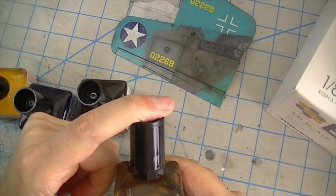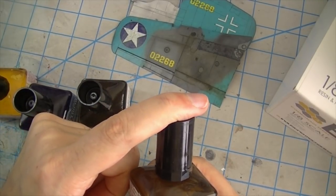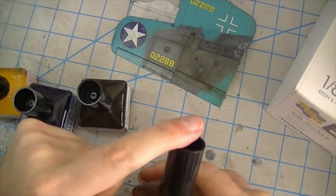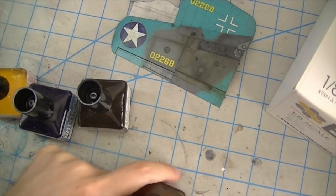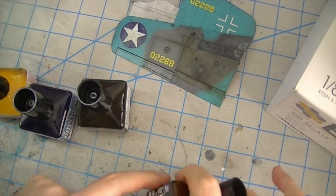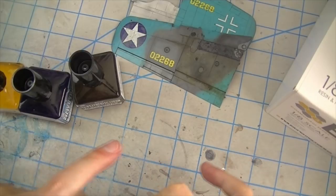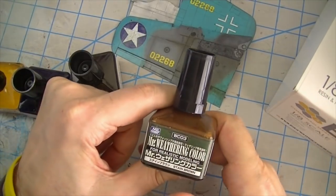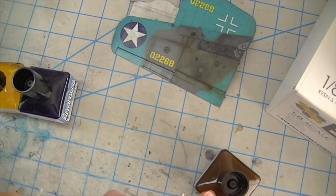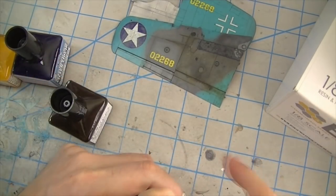And let's see. Pretty sure that they are, let's see, I don't know. Doesn't really give you any instructions. But I believe that what we're looking at here is basically an enamel wash. And hey, look, listen, there's a little bead in there to help us shake it up. So that's cool. There's two colors of that here. There's this stain brown and this ground brown. And I'm not exactly certain what they want us to use these for, but again, if it's an enamel